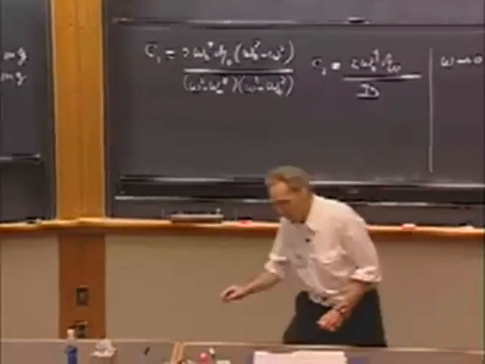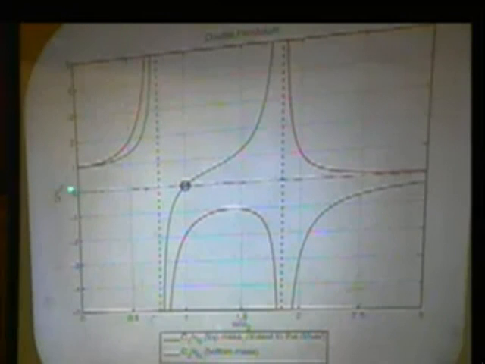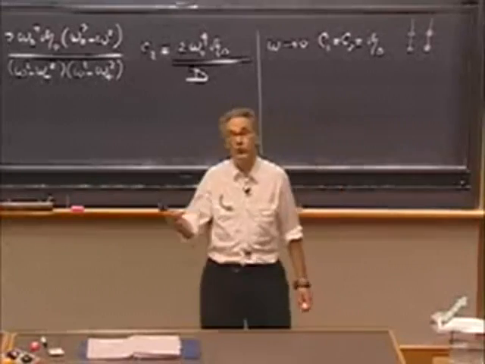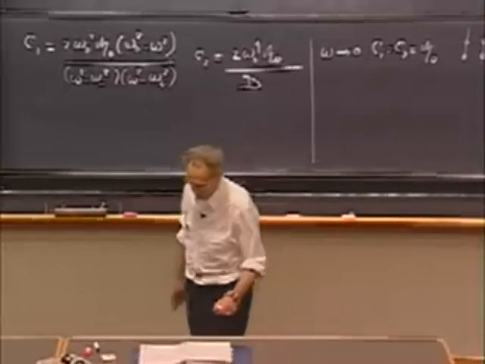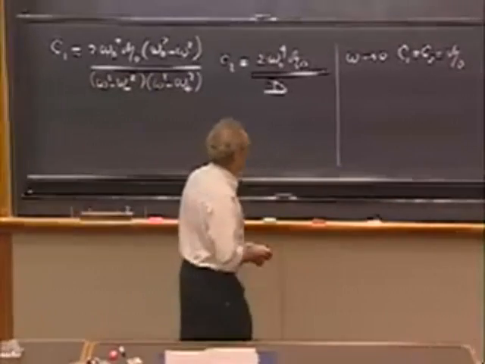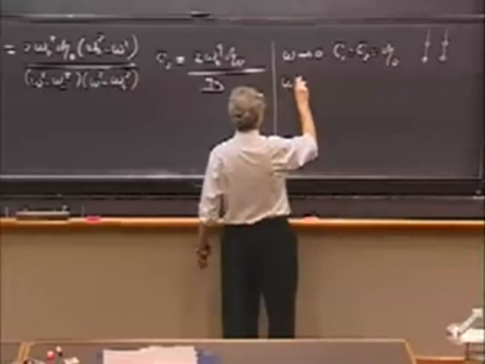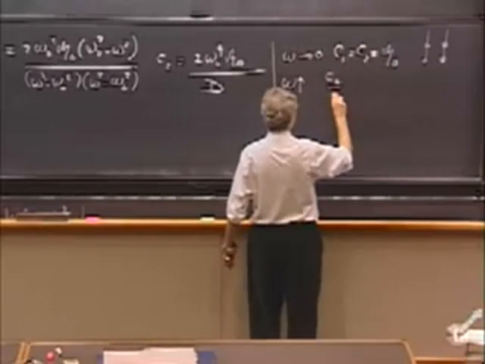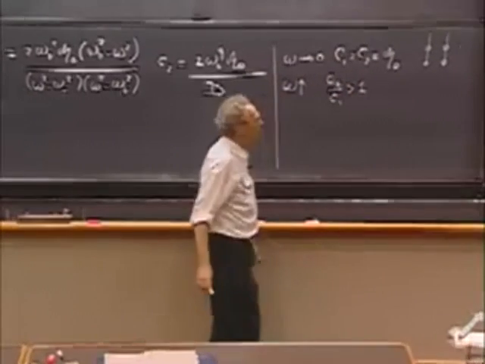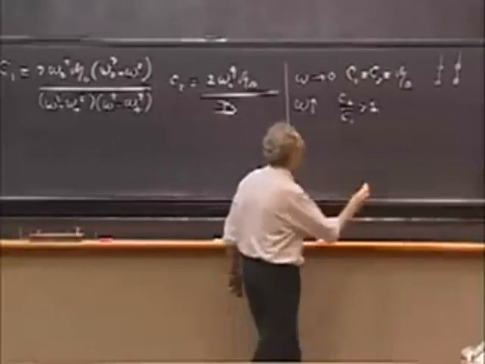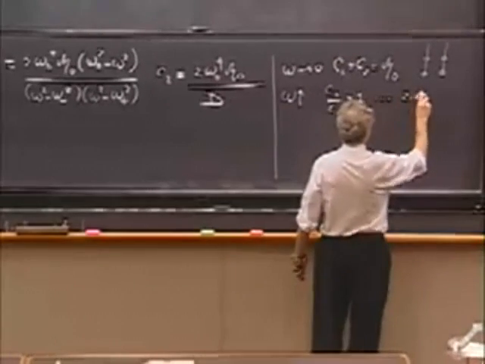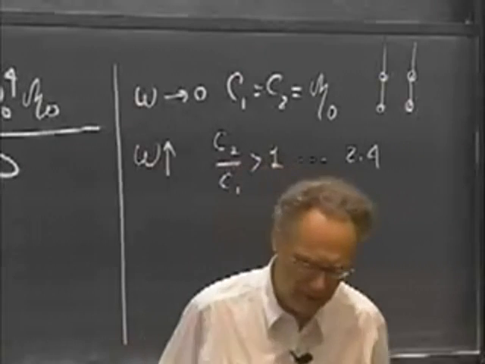However, you will see that when you drive this system, the double pendulum, and you approach resonance, you will very quickly see that the ratio of the amplitude of the second one over the top one will grow, will become 1.5, will become 2, and then in the limiting case, you will get the +2.4. So as omega goes up, you're going to see that C2 over C1 is going to be larger than 1. Right there, it is 1. And then ultimately, it will reach that 2.4, but that is that extreme case of